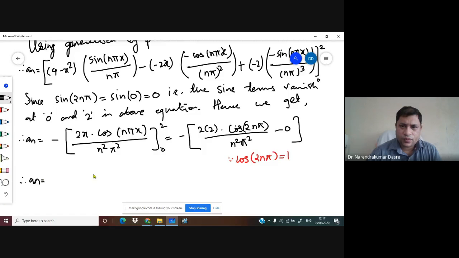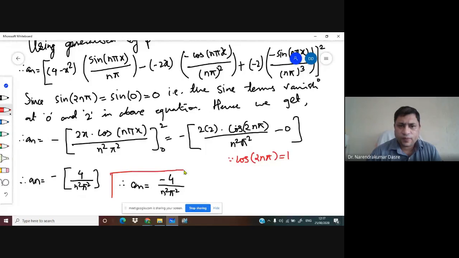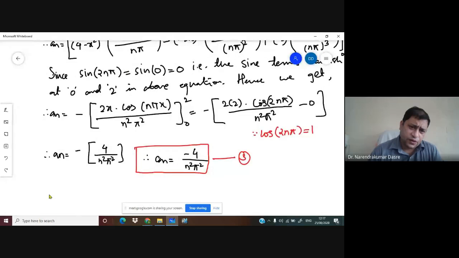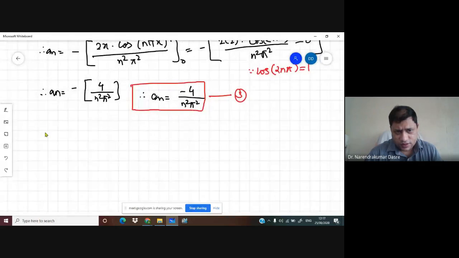an is equal to, so this is minus 4 upon n square pi square. All right, so an is equal to minus 4 upon n square pi square. So this is equation 3. So we got a0, we got an, let us go for,